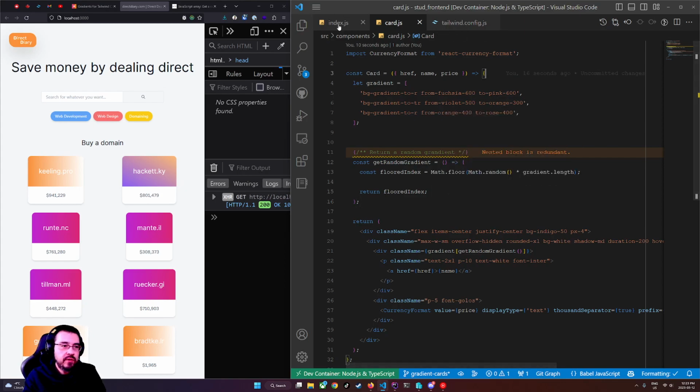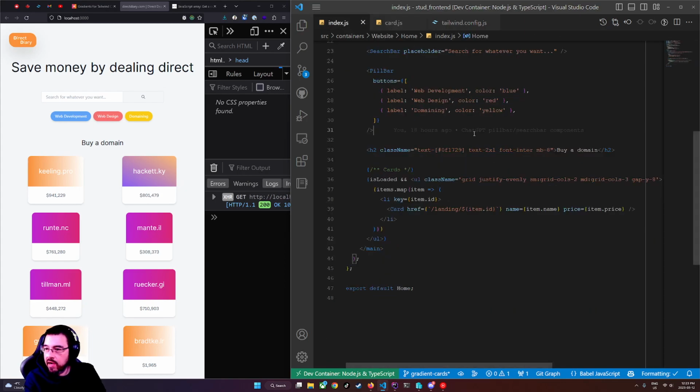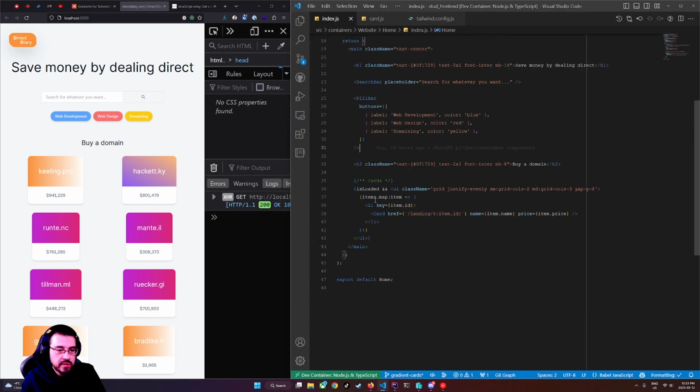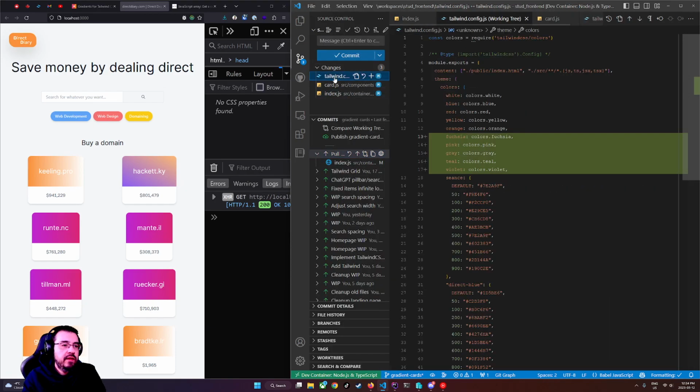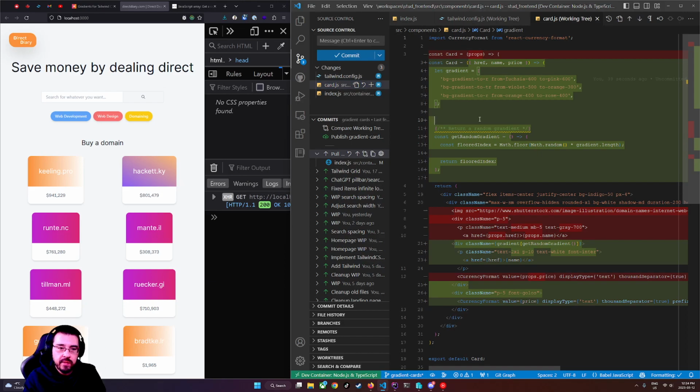We have a card component. To recap, we have our card component, which I did not alter. What did I alter? Thanks to Git, we can look at each file. We edited the Tailwind config to add the colors we are referencing in the card component in our gradient array. So we set up our gradient array, created a function to return a random element from that array, and then